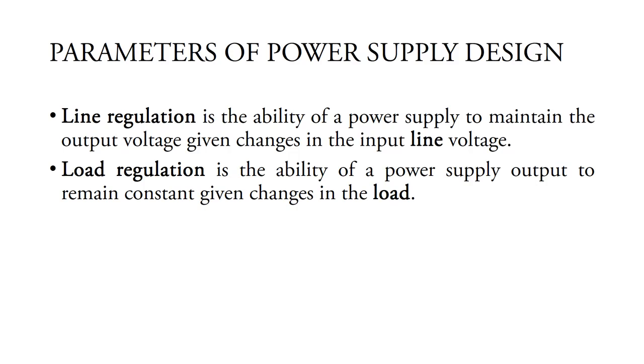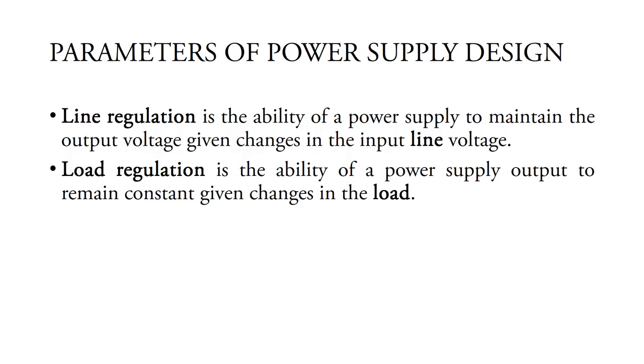In the same way, load regulation can be calculated as change in output voltage to the change in maximum load current. If there is any load current variation, the output voltage should be maintained constant. So the ideal load regulation is also 0%. But in practical cases, it should be maintained as low as possible, around 0.01%, so that it provides a constant output voltage. So a good power supply design is one that can provide a constant output voltage even if there are any fluctuations or changes in line voltage or input voltage.